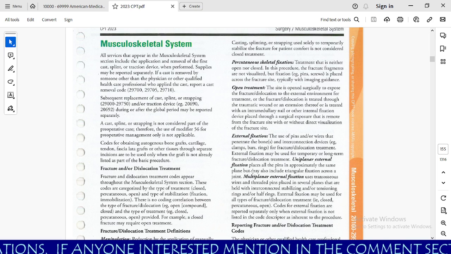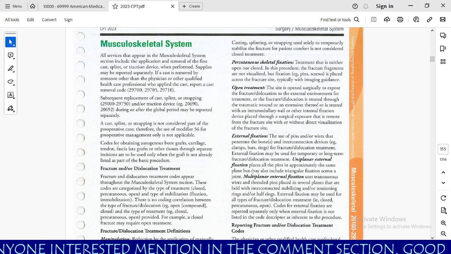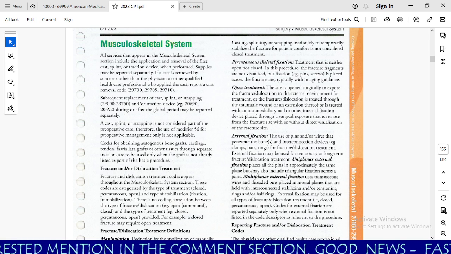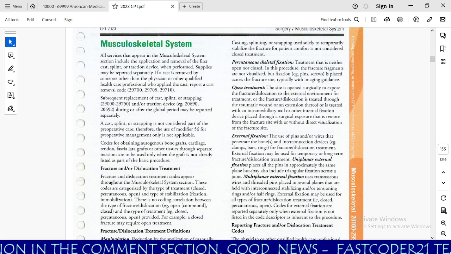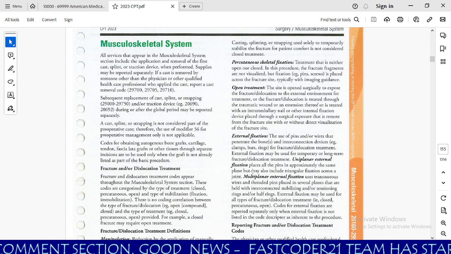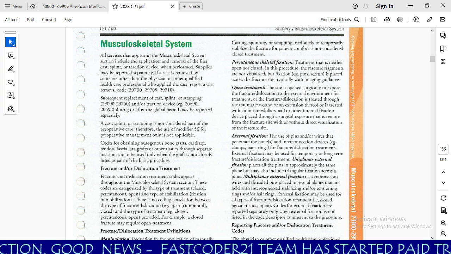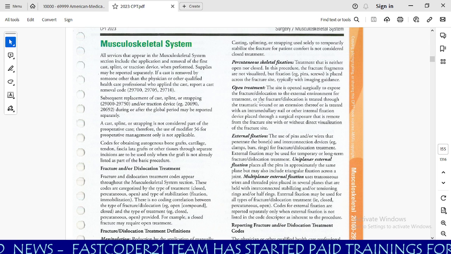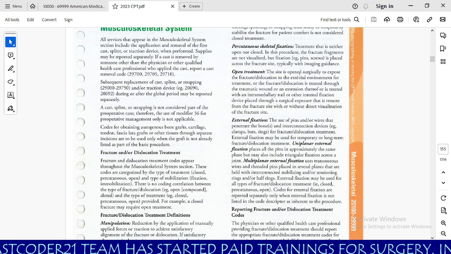The site is opened surgically to expose the fracture or dislocation to the external environment for treatment. Or the fracture dislocation is treated through the traumatic wound or an extension, therefore, as is treated with an intramedullary nail or other internal fixed device placed through a surgical exposure that is removed from the fracture site with or without direct visual. Okay. So here the site is opened surgically to expose the fracture dislocation to the external environment for treatment. So basically in open treatment or open fracture, here the physician will create